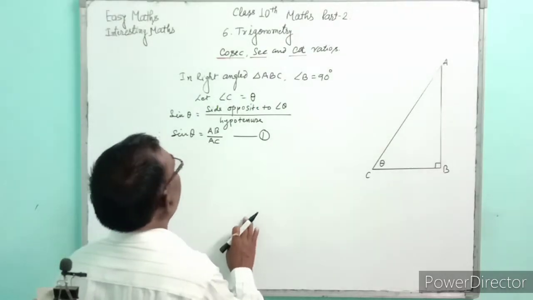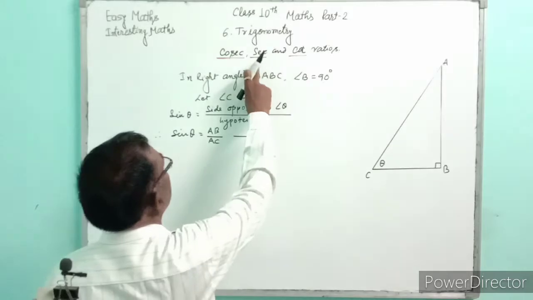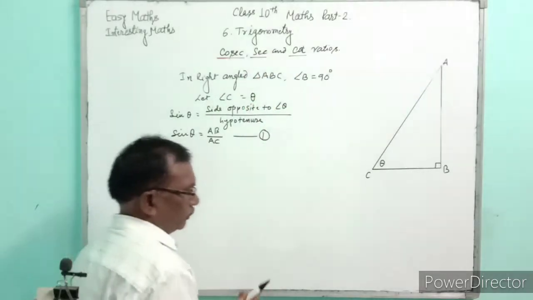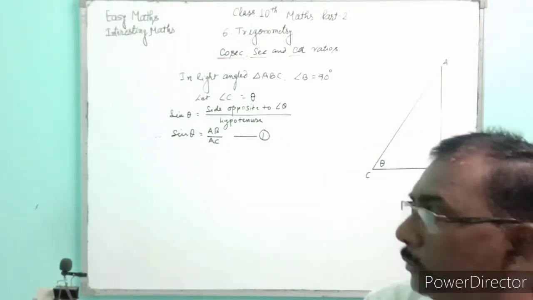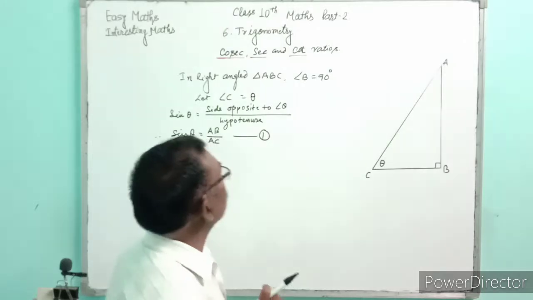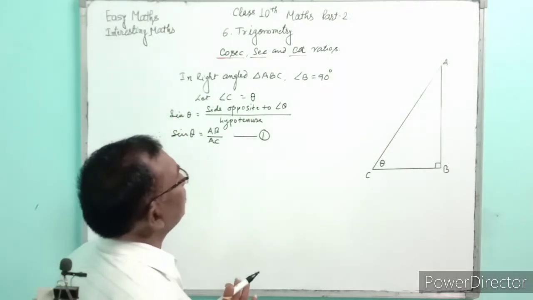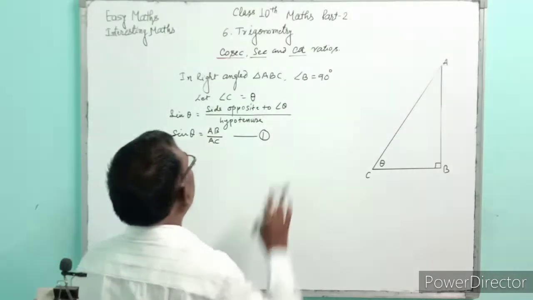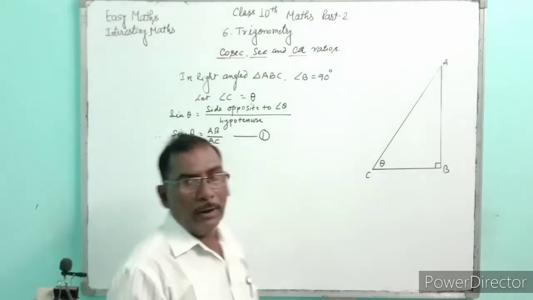Now we are studying the cosec ratio, sec ratio and cot ratio. In right angle triangle ABC, B is equal to 90 degrees, let C be equal to theta and